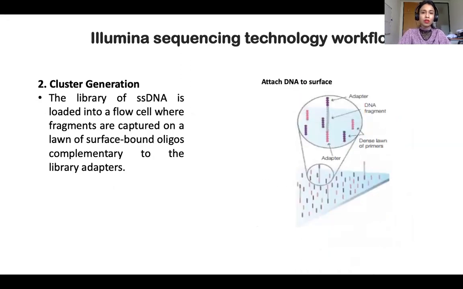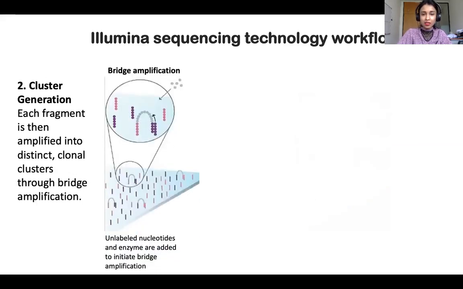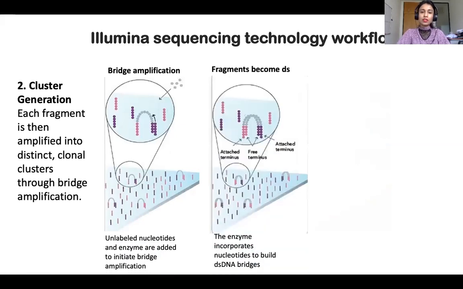Your flow cell already has adapters with complementary sequences, which will allow binding of your single-stranded DNA fragments to the flow cell. So they're captured by the oligos over here. And the next step is cluster generation. Each fragment is then amplified into distinct clonal clusters through bridge amplification. As you can see, this is how it looks. It folds over because it has a complementary adapter sequence as on the other end of the flow cell. So it folds over and your polymerase will